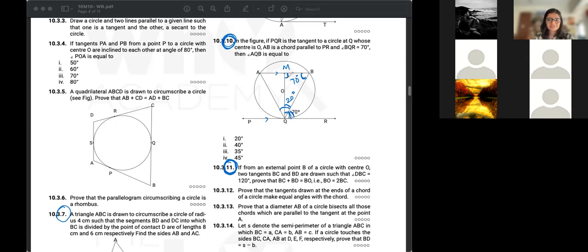This is parallel to this, तो ये भी 90 होगा. इसलिए you can prove that AM equal to MB. So once you have bisect कर रहा है, 90 degrees है. But if we have 90, then how did we prove AM is equal to MB? क्योंकि this is passing through the center, right?